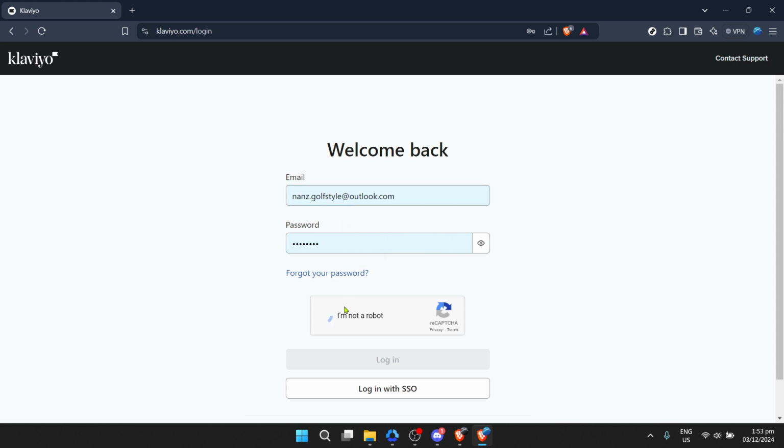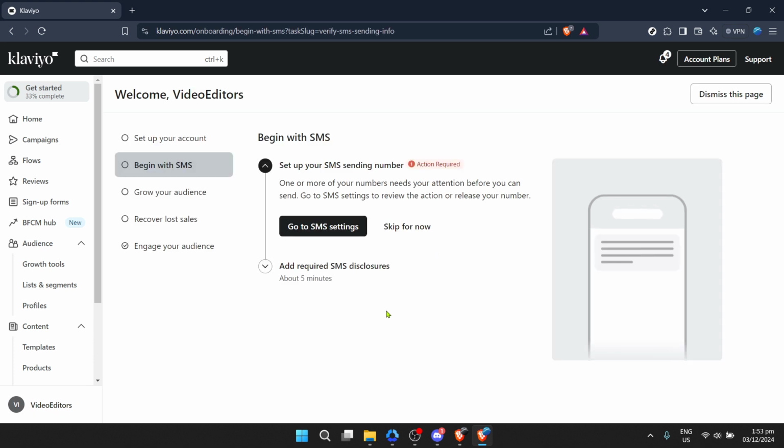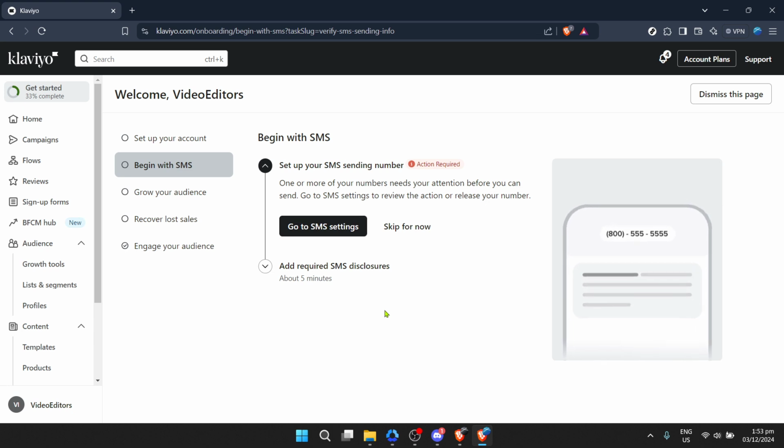The first step is to log into your Klaviyo account. Head over to the Klaviyo website and click on the login button. This is a straightforward step but essential to kickstart the process. If you don't have an account, take a moment to sign up. It's quick and easy. Once you've reached the login page, you're prompted to enter your email and password. Make sure to input the credentials that you used when you initially set up your Klaviyo account. Should you encounter any login issues, remember there's always a password reset link or support to get you through.